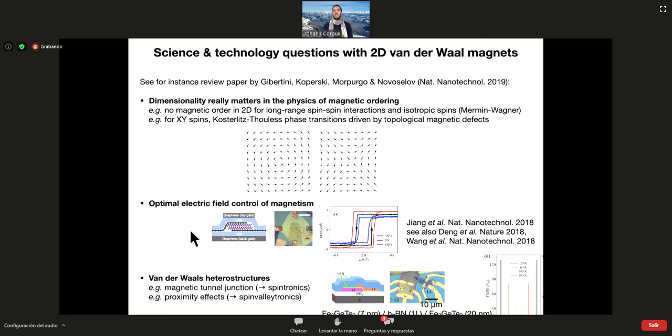And finally, in the prospect, probably more of applications, I already mentioned that you can build Van der Waals heterostructures, okay? And if you do build these Van der Waals heterostructures, then you can think of kinds of devices that people are used to working with in spintronics, and as a matter of fact, those that are proposed here are not always very standard for spintronics. But here are two examples. You could think of building magnetic tunnel junctions, and you could also exploit proximity effects.